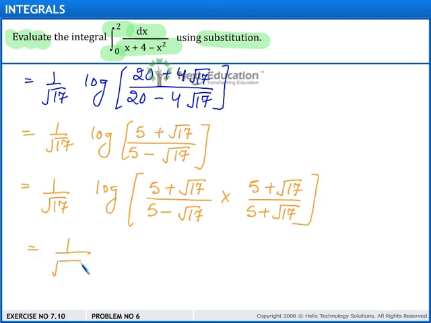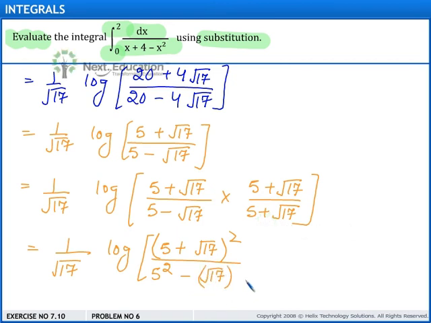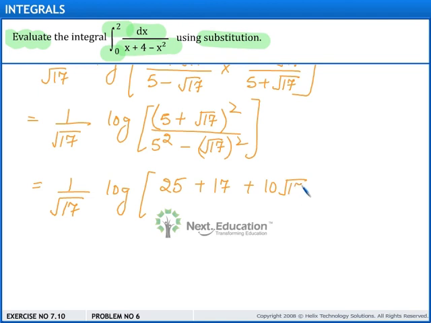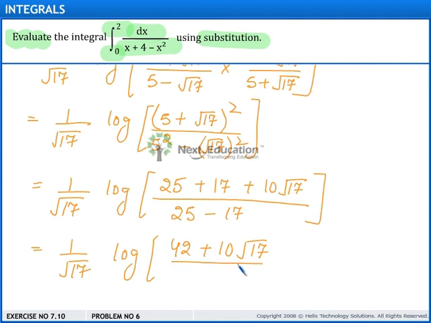and this is equal to 1 upon square root of 17 log of 5 plus square root of 17 whole square divided by 5 square minus square root of 17 whole square. So this is equal to 1 upon square root of 17 log of 25 plus 17 plus 10 root over 17, divided by 25 minus 17. So this is equal to 1 upon square root of 17 log of 25 plus 17 gives 42, plus 10 root over 17, divided by 8,